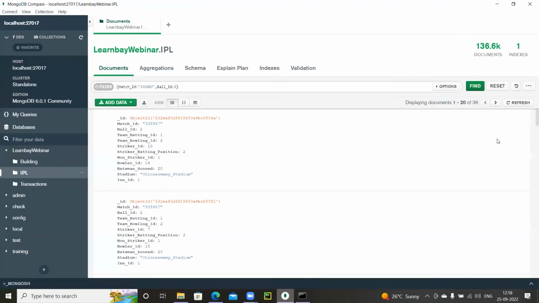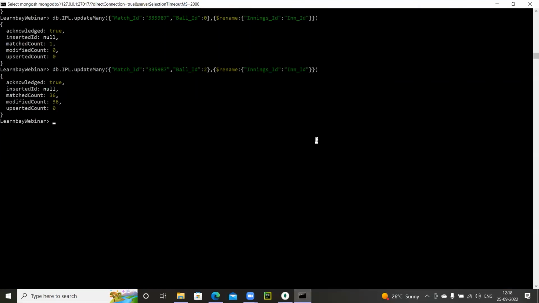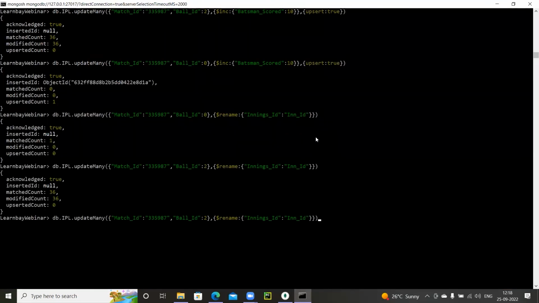Now, I don't want to delete document by document satisfying a certain condition. If there is any command in the shell that can help me, then we have a command called delete many. Delete one is also there, which is very similar to update one. So I'm going to delete all the match IDs which are